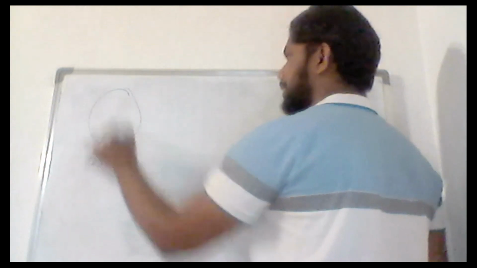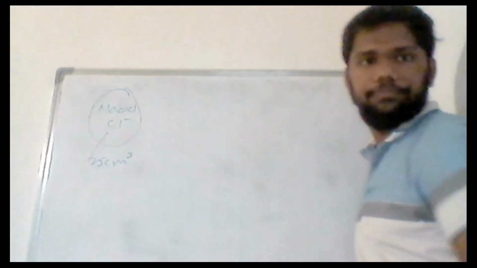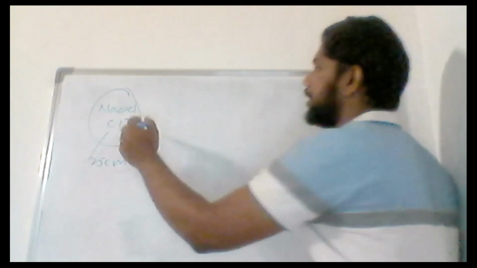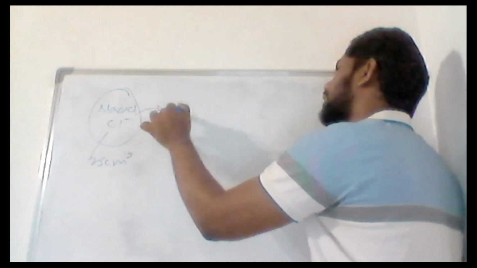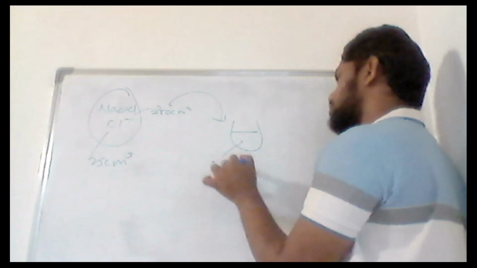We have 25 cubic centimeters of bleaching solution, which contains NaOCl and Cl minus, and it was diluted up to 250 cubic centimeters. Then you take 25 cubic centimeters from this,